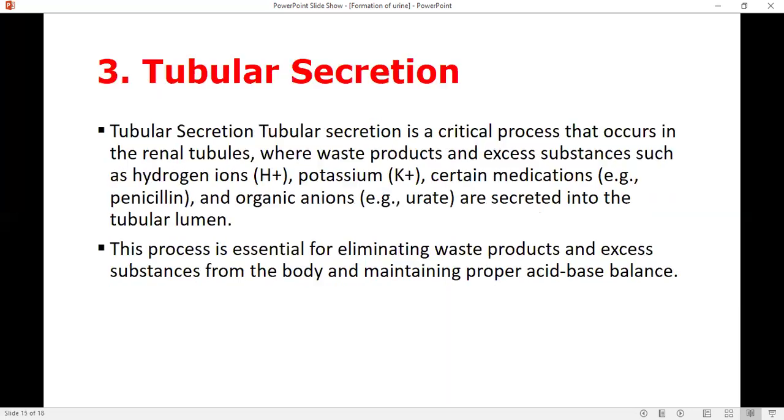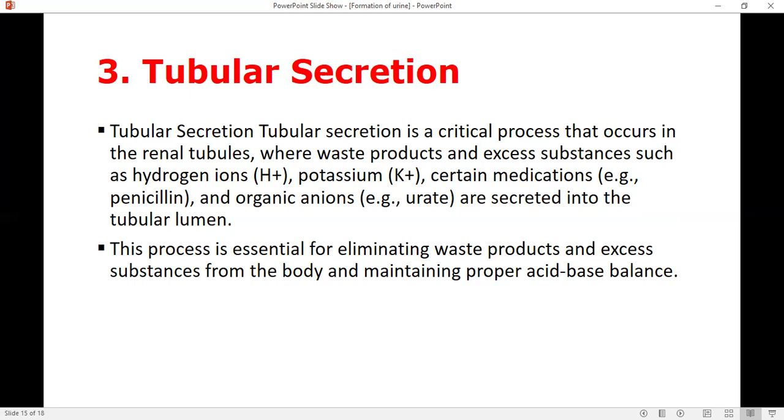Then after the absorption, we have secretion. So don't get everything twisted. It's as simple as drinking water. What is secretion? There are some toxic substances which are still in the blood, still in the circulation. Circulation is just the bloodstream. They need to be expelled out of the body, like the medication. When you take Panadol, there are some metabolites which need to be excreted. There are some toxic substances. So secretion is all about removing those toxic substances from the system, sending them back into the tube so that